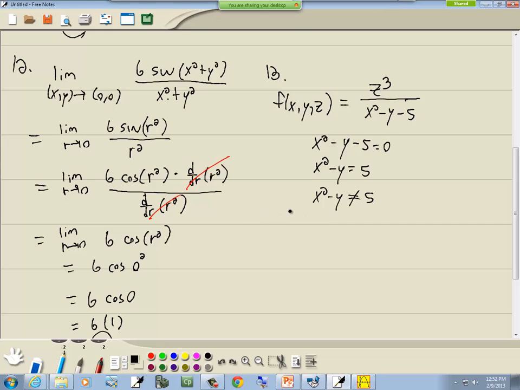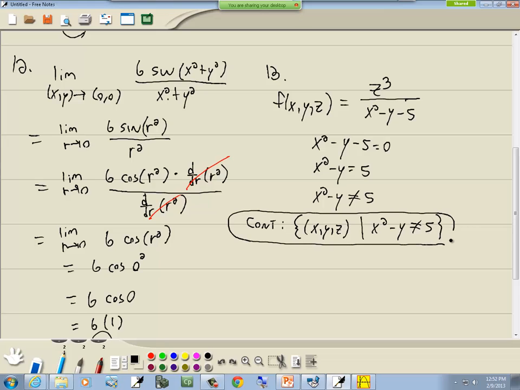So you could write this different ways. It's continuous for the set of all x, y, z values such that x squared minus y is not equal to 5. Now x, y, and z are still real numbers. I'm not going to write that. But